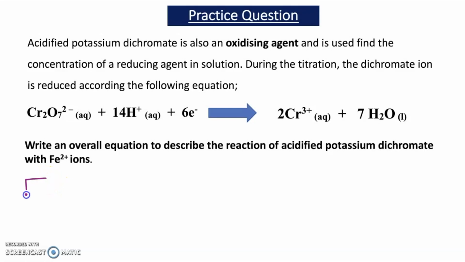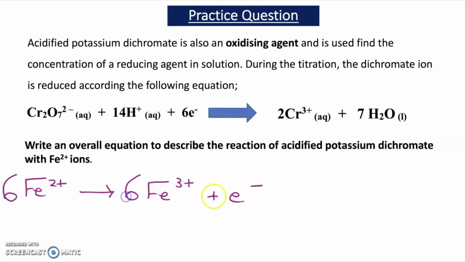So to write the overall equation, I need to first write the equation for Fe2+ ions being oxidized to Fe3+ ions. So it would be Fe2+ goes to Fe3+ plus an electron. And now to combine the two equations, I need to get the same number of electrons in both equations. So to do this, I times the bottom equation by 6. So it would be 6 Fe2+ goes to 6 Fe3+ and 6 electrons. Now all I need to do to combine the equations is to add them together, and the electrons will